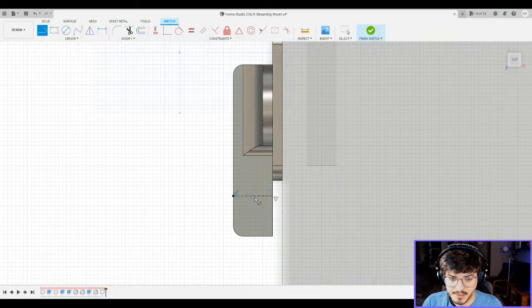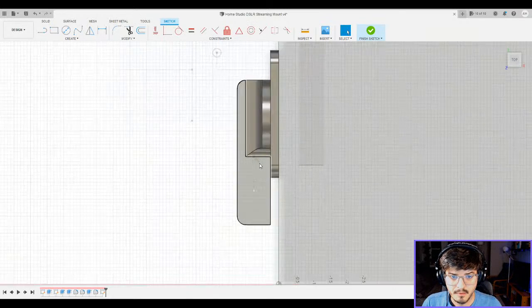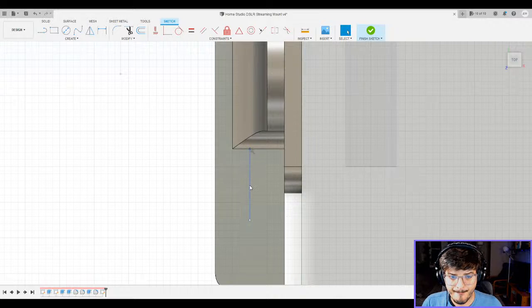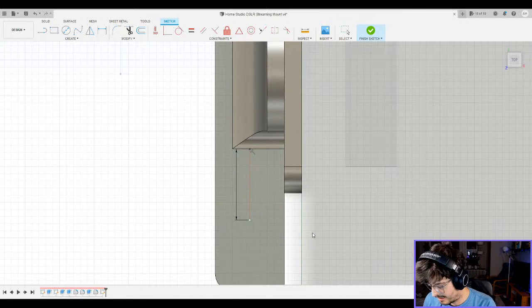It's not the right spot, but that's okay. But now I have my middle. I'm going to bring it up to here. Now I got that line. And I'm going to dimension this. Oh, it is 1 inch. Well then, cool. That was lucky. I guess I used rounded numbers, so that makes sense. All right, so that curve is going to be after it anyway, so it gives me a little bit of space from the back of it.